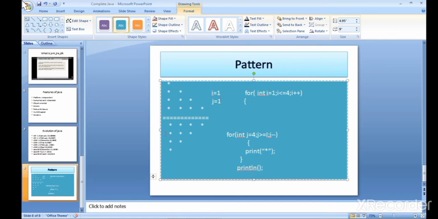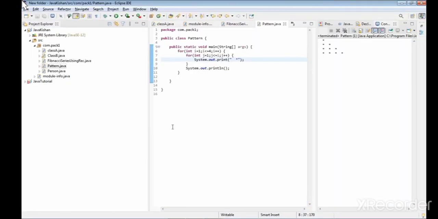And if we are checking the program for this type of pattern, then we simply use int j is equal to 4 and j is greater than or equal to I, and j minus minus.